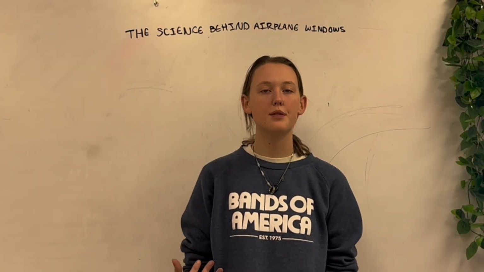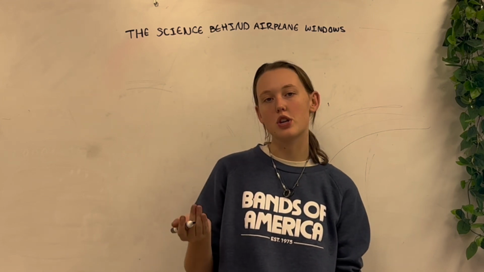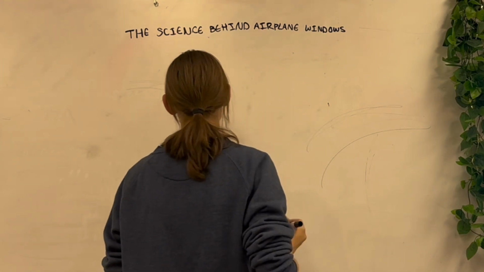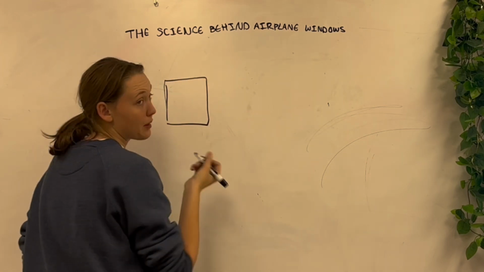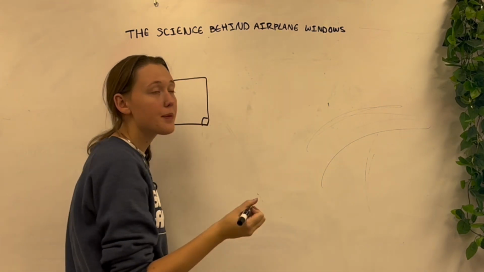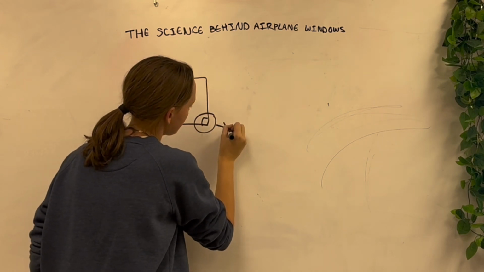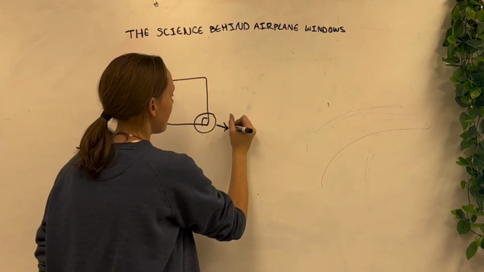One of the most commonly asked questions about airplane windows is why are they not squares? So the first commercial jetliner that actually did take off was called the DeHavilland Comet. It did have square windows. The thing was, what happened is that at these pressure points, these right corners, it was found that there's 2